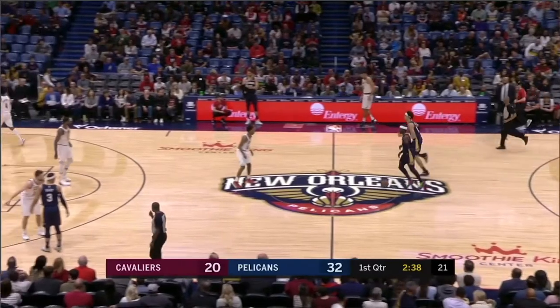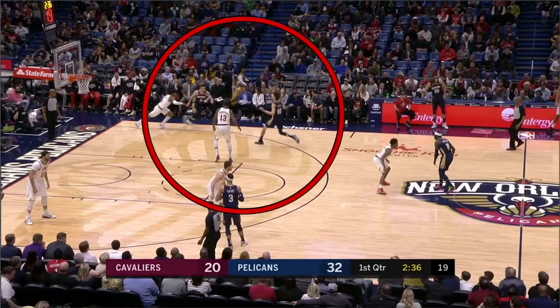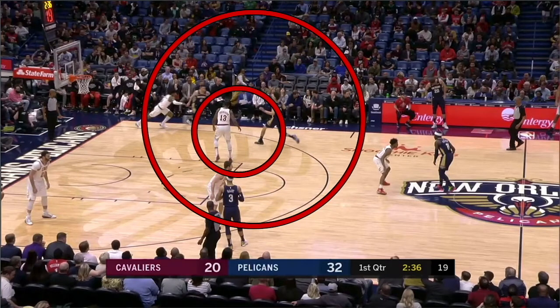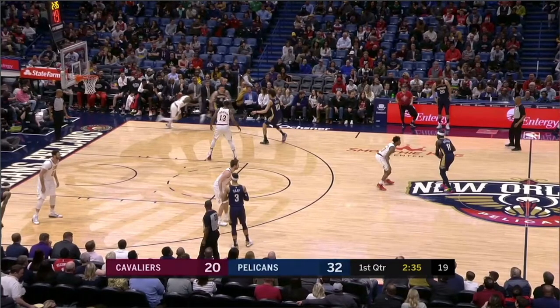All right, we're looking at a defensive clip here. This is real easy, okay? The Pelicans are setting a down screen right here. What on earth is Tristan Thompson doing? His man is clearly getting ready to set a down screen. He has got to get attached to his man right here. He can't be sagging like he's doing, okay?